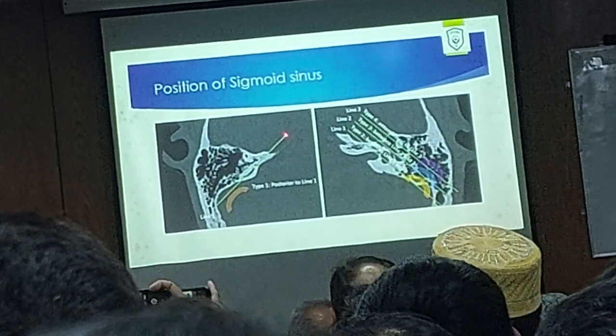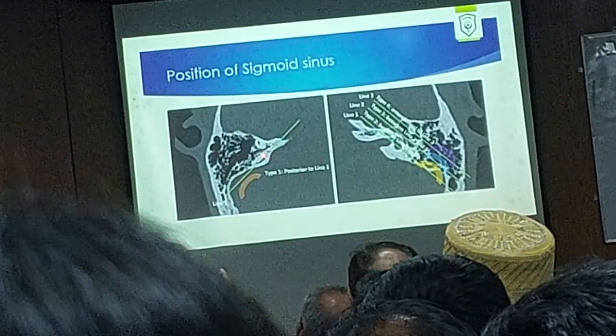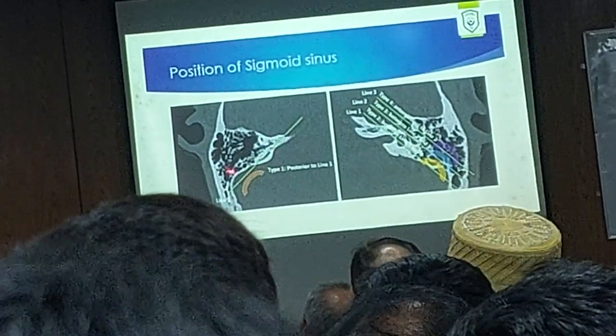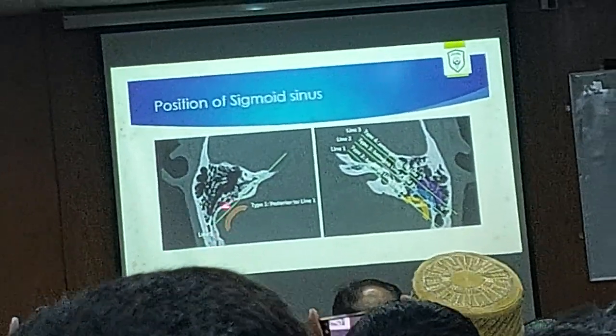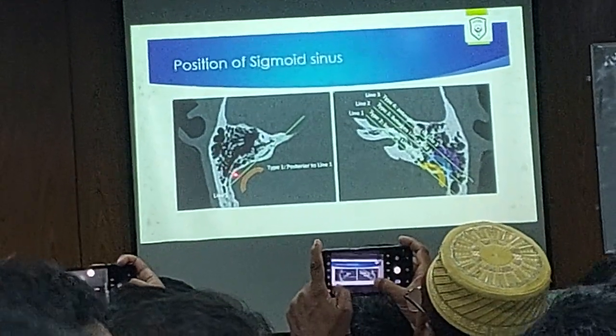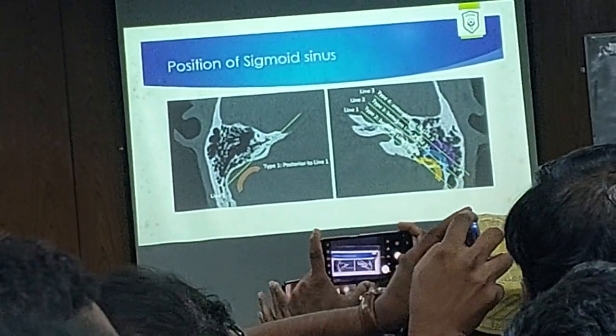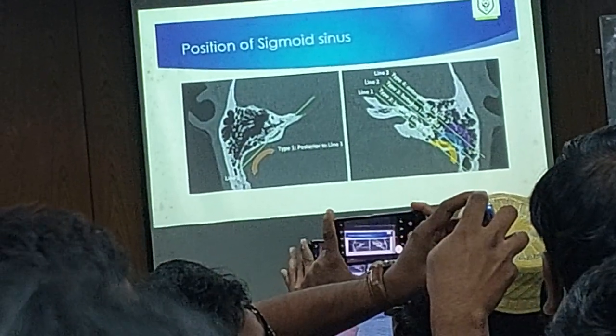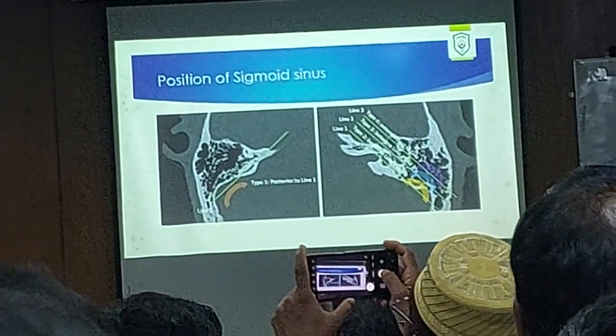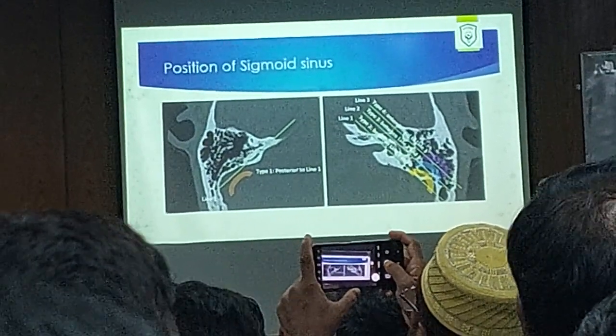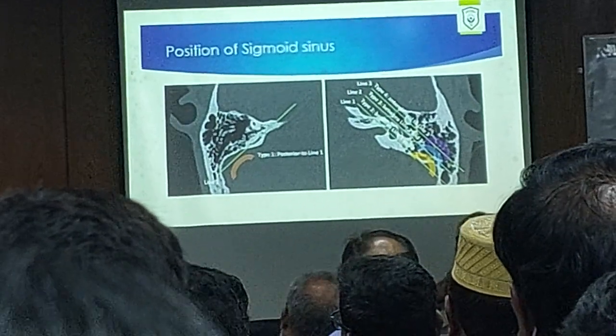If we draw a line along the long axis of the posterior semicircular canal, and the sigmoid sinus position is anterior to the long axis, then it is said to be anteriorly placed. If it is along or behind the line,